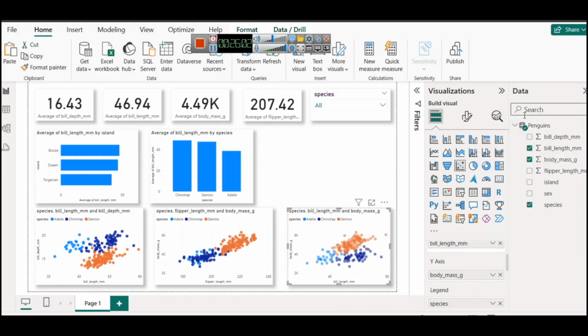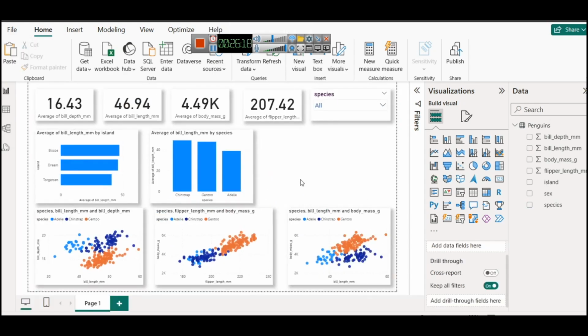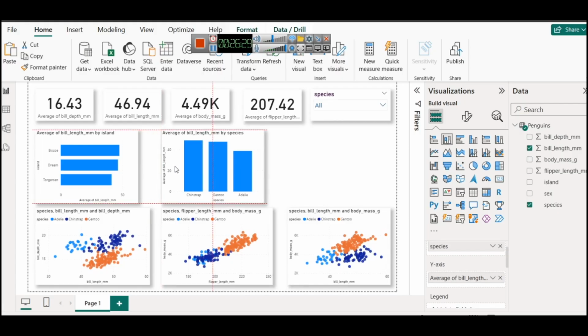So you can say don't summarize. Then also you will be able to see that now in this case also we can see that body mass of both Adelie and chin strap is in what range and etc. So when you prepare all these 4 by 4 relationships, the conclusion that you are going to get is that these three penguins have different body masses. These three penguins have different